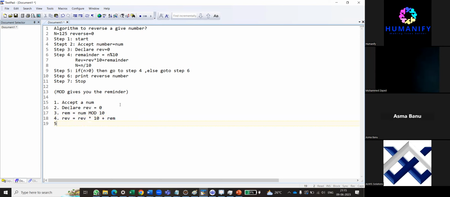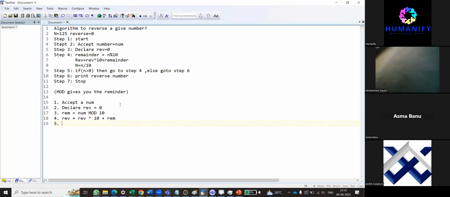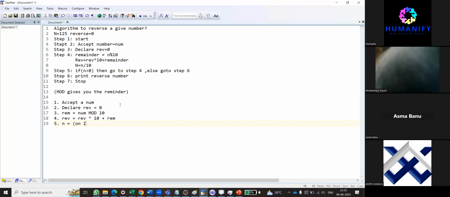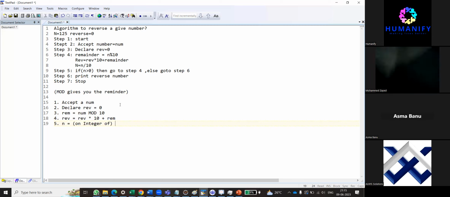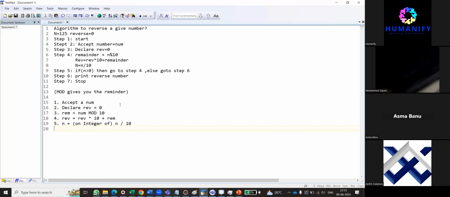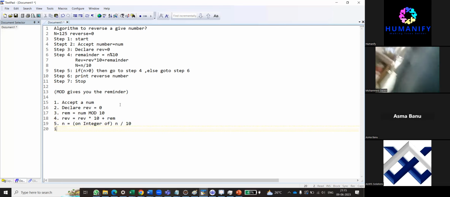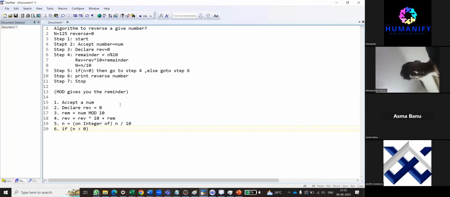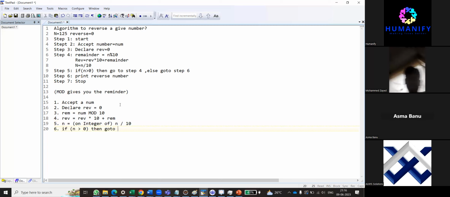And then step 5: n is equal to only integer of n divided by 10. Okay. And next, step 6: if n is greater than 0, then go to step